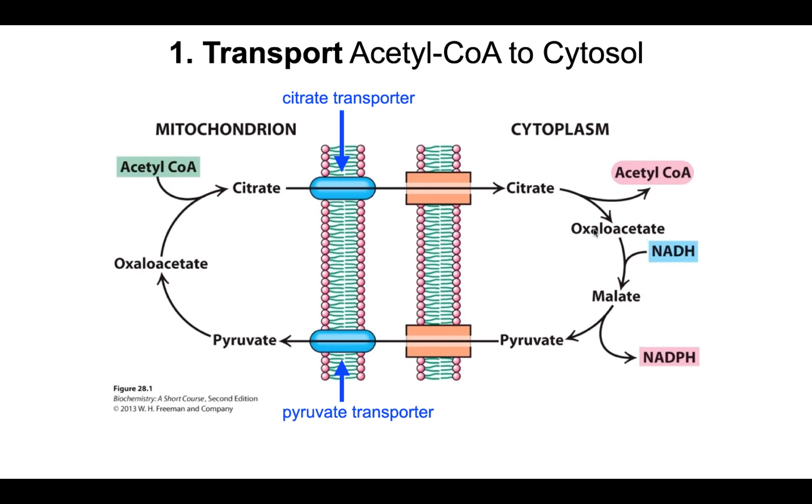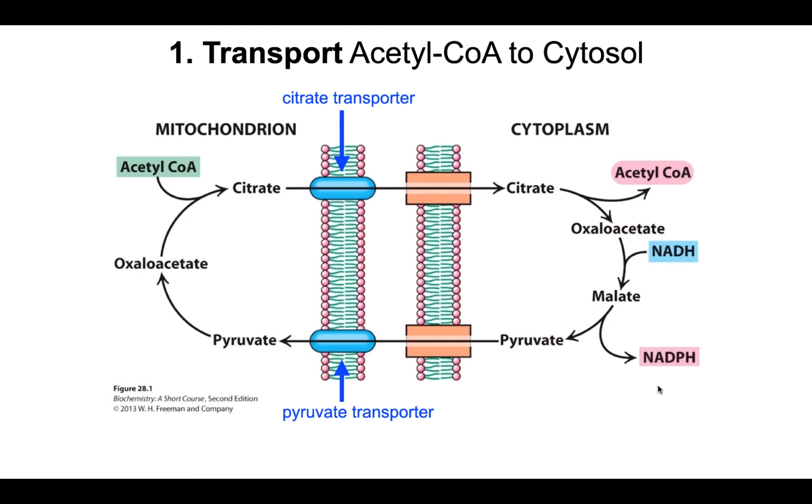So what happens instead is this oxaloacetate is first reduced to malate with the electrons from NADH, and then that malate is oxidized to pyruvate. But the electrons and hydrogens from the malate oxidation here don't go back onto an NAD+. Instead, they go to an NADP+. And remember, NADPH is always involved in biosynthesis, not oxidation. So this is going to be the source of hydrogens and electrons that we're going to use to reduce our